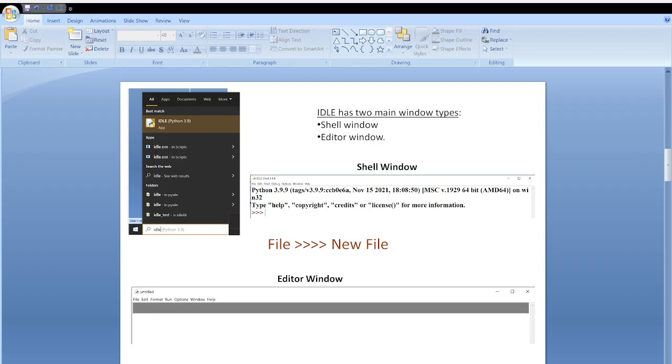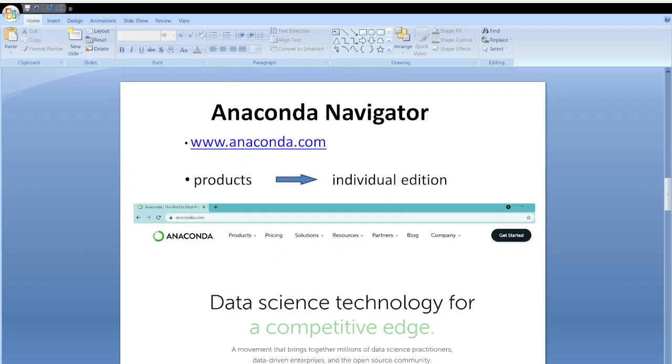But in this course, I will not be using this IDLE. Instead, I'll be using Jupyter Notebook. For that, you have to install Anaconda Navigator. So you simply type www.anaconda.com in the browser. Then you will see this window, and you click on products and then individual edition.